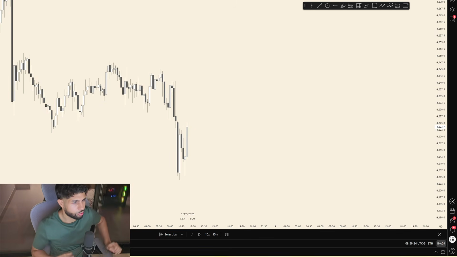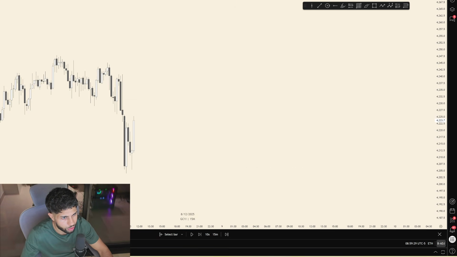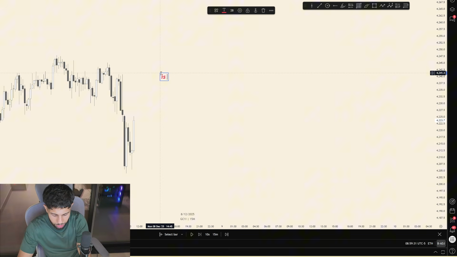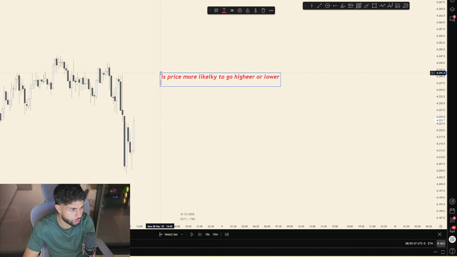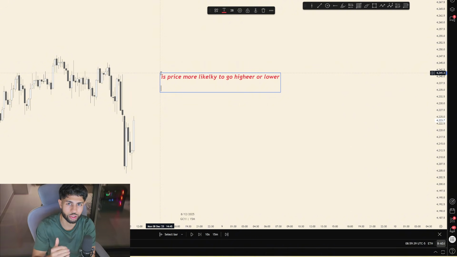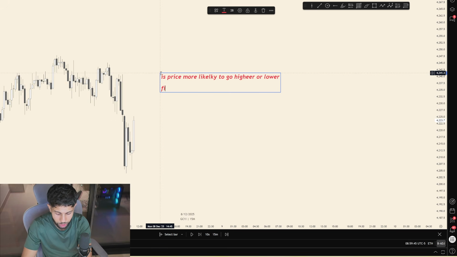I'm trading the 15-minute time frame as my higher time frame and the 1 minute as my lower time frame. And again, I'm just deciding, okay, is price more likely to go higher or lower? That spelling's atrocious there, but leave it. And this is based on recent PA. I'm not looking 6 months into the future, literally just the last couple 15-minute candles. So then find an area of demand or supply. And then we'll drop down to the M1 to confirm